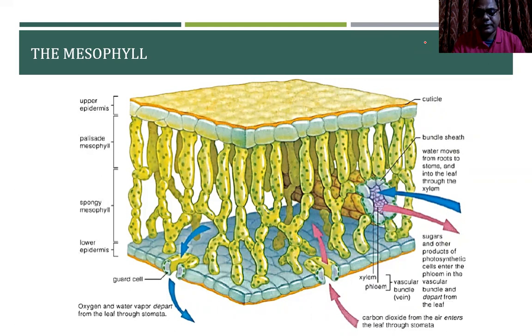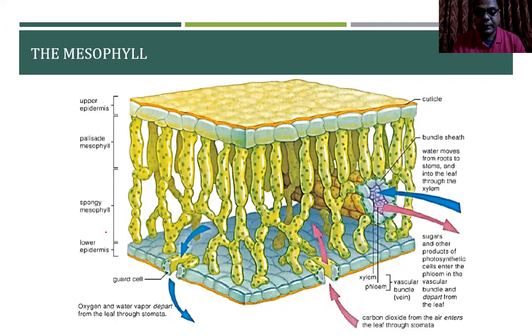The mesophyll in the typical dicot is organized into two distinct regions. That is the palisade mesophyll, and then we have the spongy parenchyma cells, or the spongy mesophyll. The palisade mesophyll is usually on the upper surface of the leaf. The individual cells, called palisade parenchyma cells, are packed at right angles to the leaf surface. Their cells are tightly packed together to more efficiently absorb sunlight.